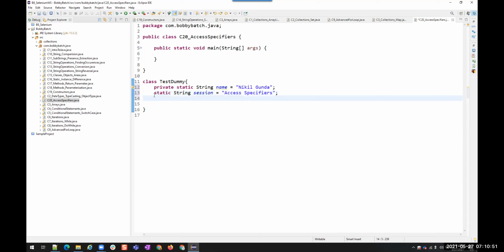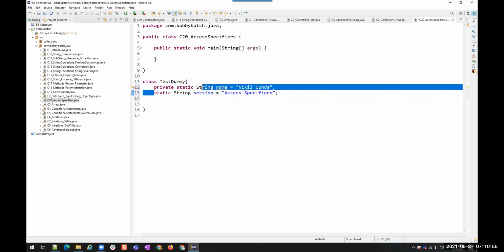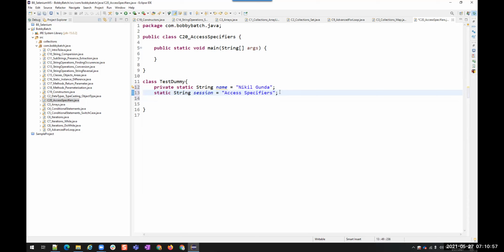Okay. So here I did not mention anything, right? Public, private, protected. So if I do not mention anything, then that is becoming default. By default, it will be default. You don't have to write default. It's not needed to write like this. Even though if you don't mention this, it will be default.